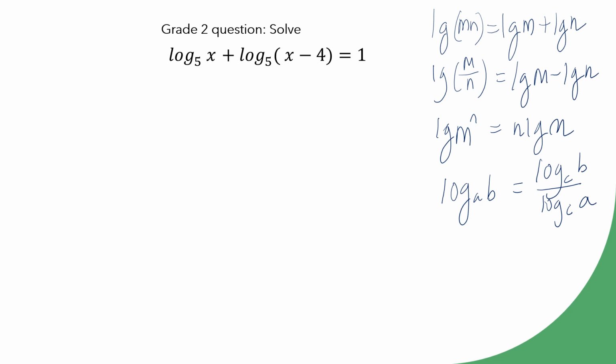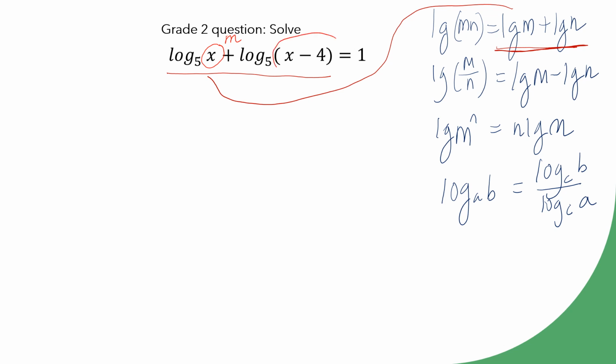can apply. So if you look at what you're given here, you're basically given 2 logs, and the operation in the middle is a plus. So if you were to compare with what you have on the right hand side, then we can see that we can use this one. This one is similar to what we have here, right? Right, so we can use the product law. Okay, so this is like your letter M. This will be like your letter N. Right, so if you combine them,